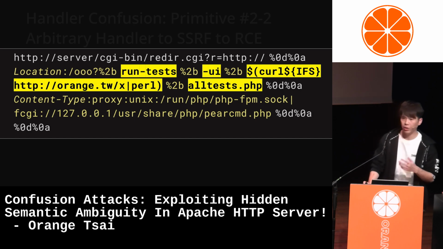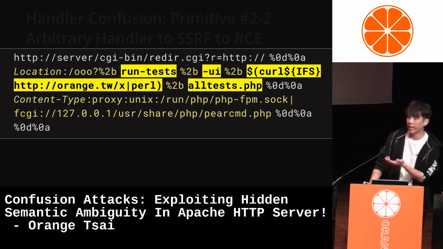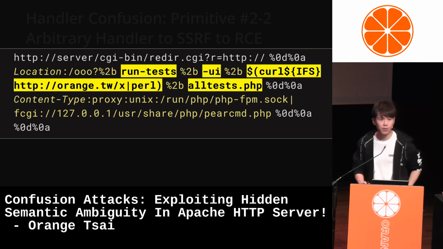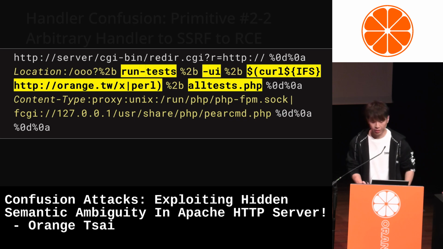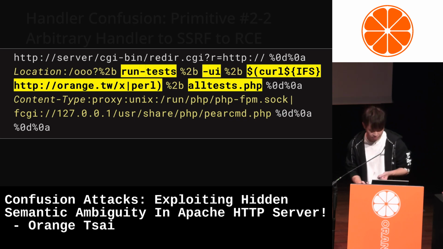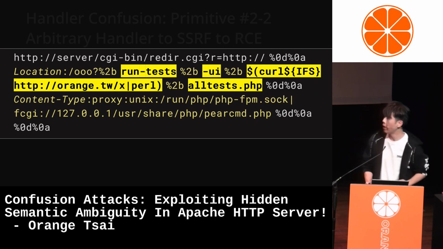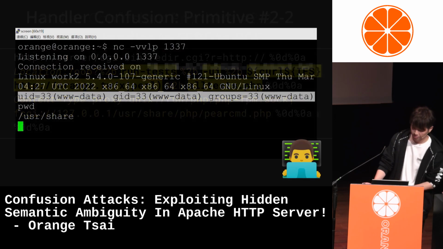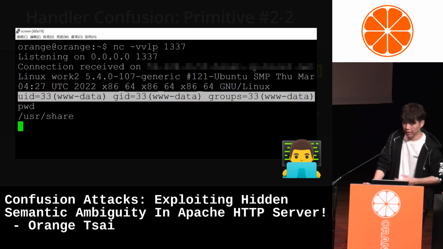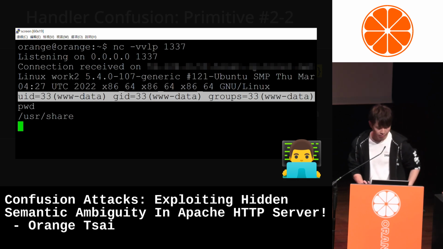So we can leverage this SSRF to execute pearcmd to do further exploitations. For example, we exploit a command injection in the run-tests command. And we can get a reverse shell easily to execute arbitrary commands.